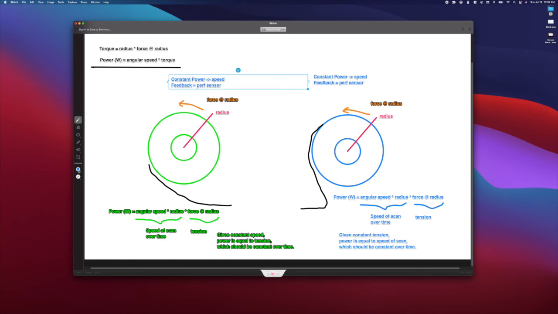And as you can probably guess, it's going to say that the constant power from this circuit is responsible for tension. And for our feedback, we can't use the perf sensor here. We need to know what tension is on this. That's the thing that we're trying to get, not speed. And so something that might be good for that is just like a little strain gauge or a tension hub